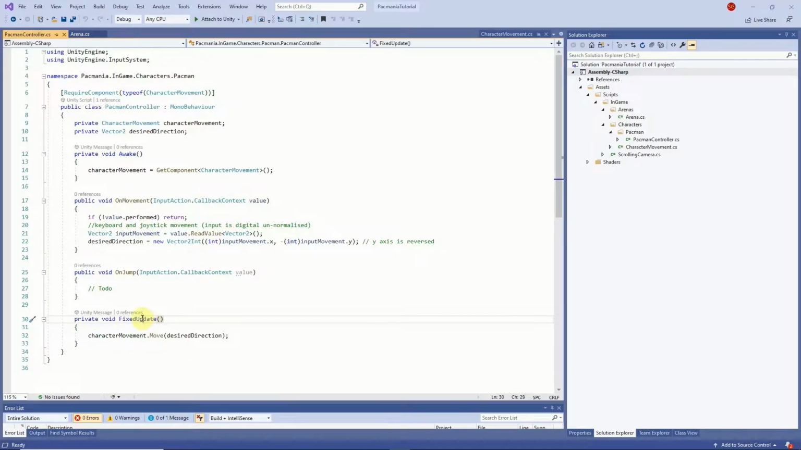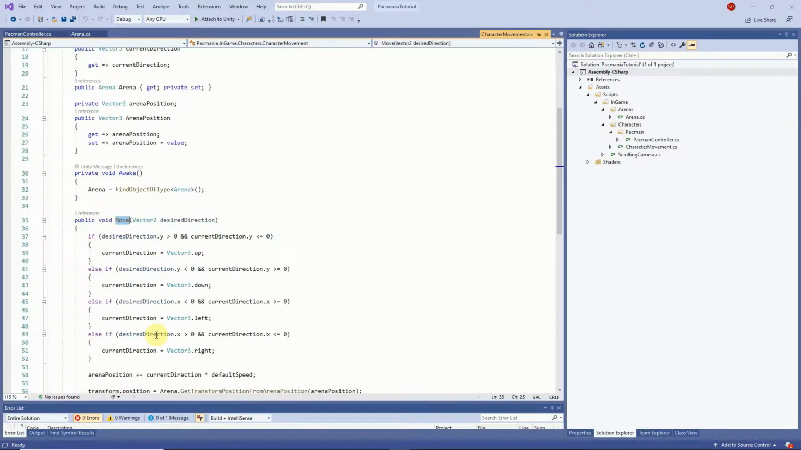Looking back at the fixed update method, as this script will be repeatedly referencing the movement script, for efficiency we cache a private reference to it in the Awake method. Also, it is common practice to add the RequireComponent attribute to the class to tell Unity that this script needs this component to work. If I hit F12 on this Move method, it brings up the character movement script, so let's see what's going